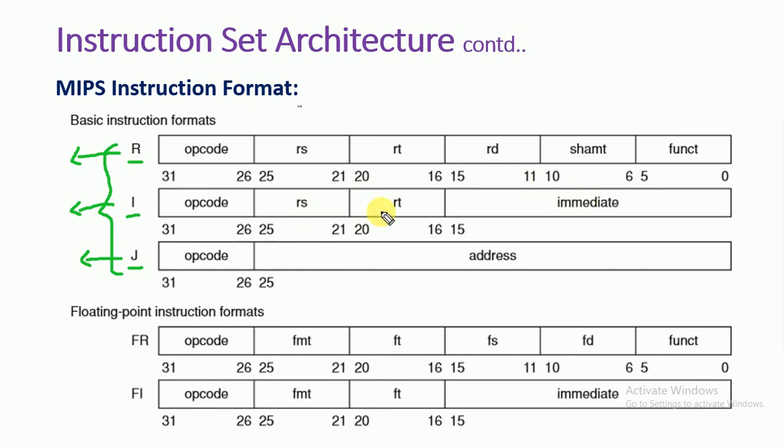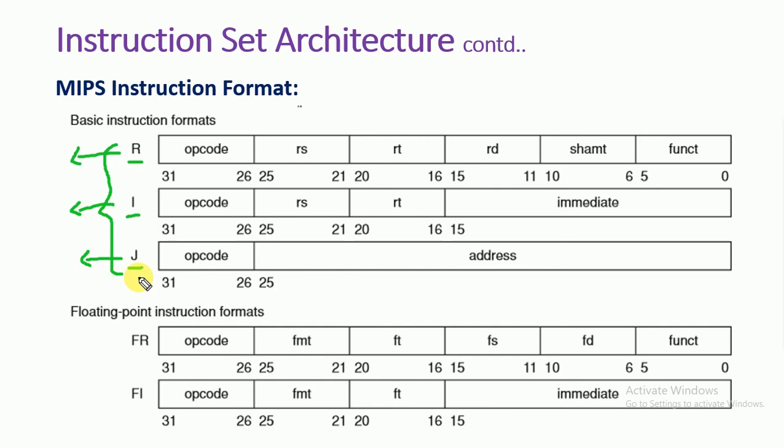Okay, so here the source register and destination register, then we are having an immediate value. Sometimes this can be considered as the target where we are storing the result of this immediate operation. So here we will be having an immediate value. More space is given because we may have 0 to 15 bits given for the immediate value. Sometimes the immediate value may be very large, so that is why they have given this much memory for storing the immediate value.